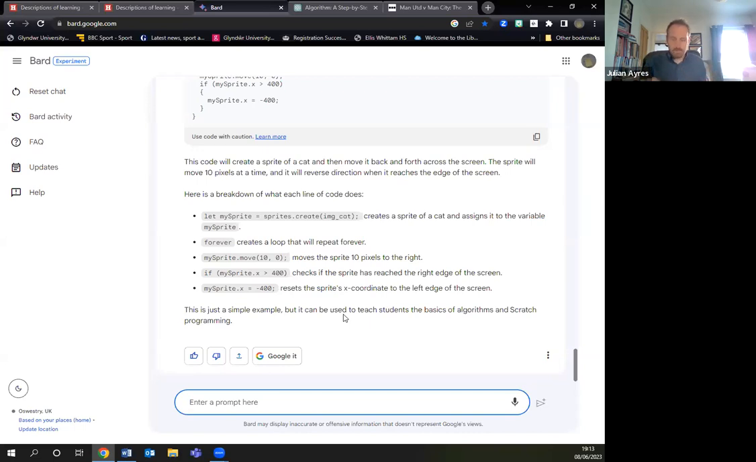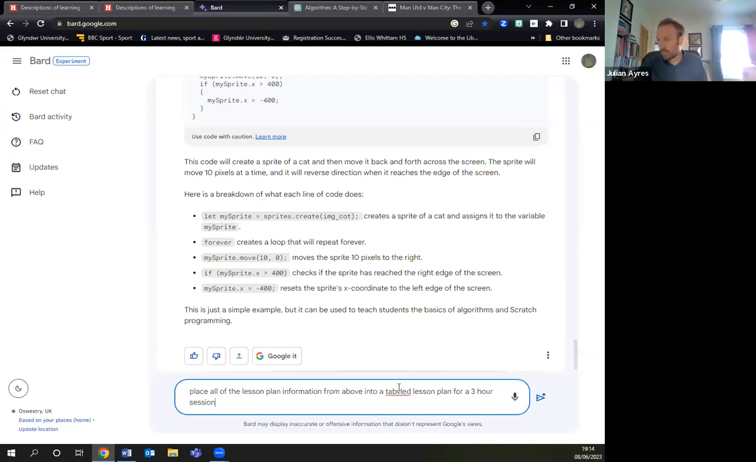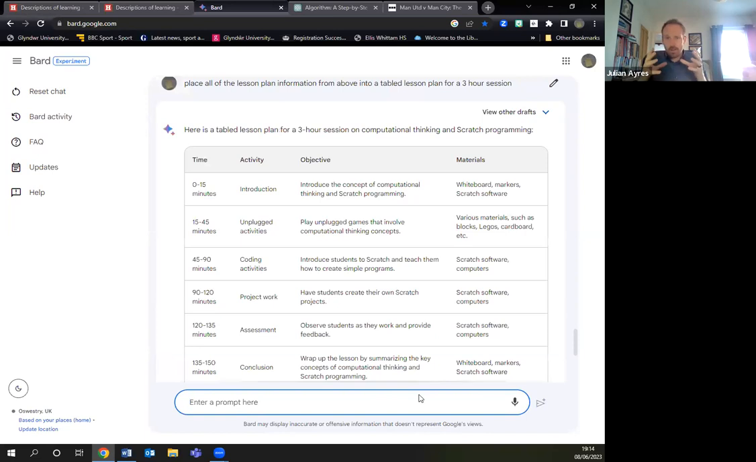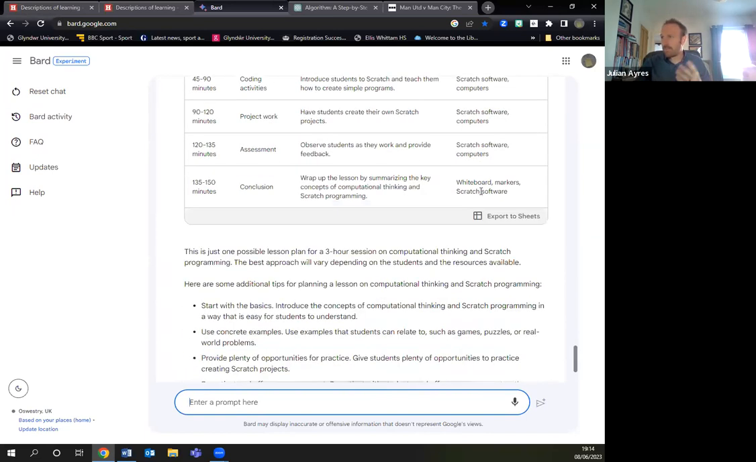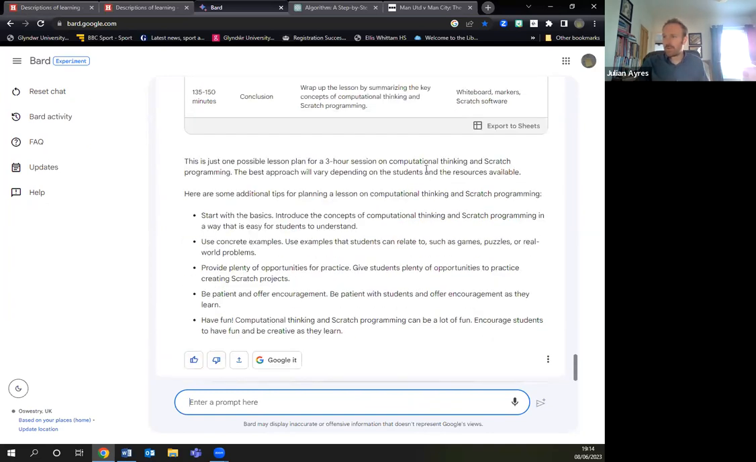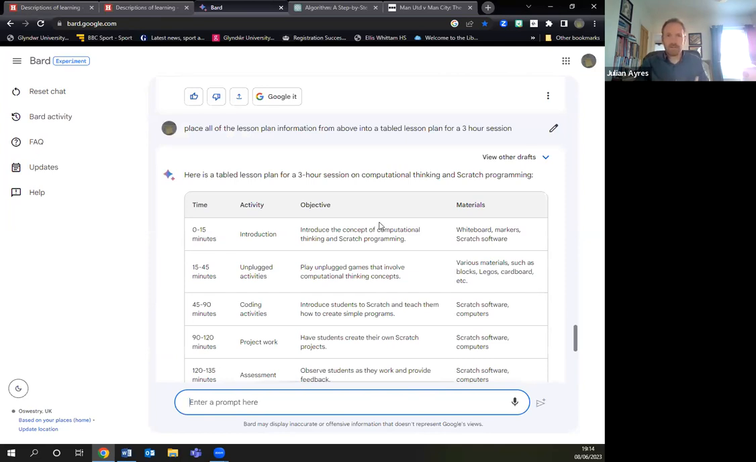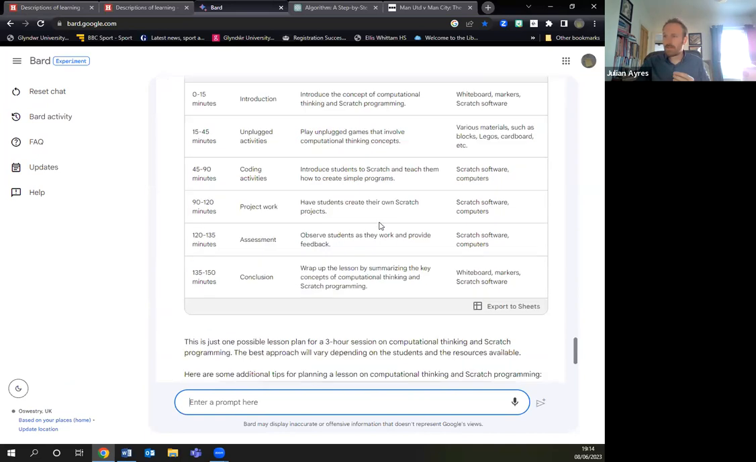Now let's take it and make it a lot simpler. Make all of the lesson plan information as above into a tabled lesson plan for a free session. So we've got our standards, we've got our explain like I'm 5, we've got our opening activity, we've got all of these different bits and pieces, and now we have our nice little lesson plan that we've put together, which is quite nice and simple with the activities. Now this may not fit into the standards that you have, and you may have a set lesson plan there, but it gives us a rough idea. We've now got an instant activity that we could